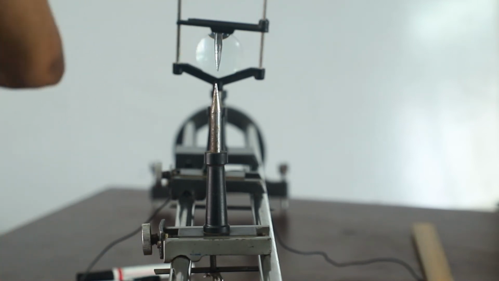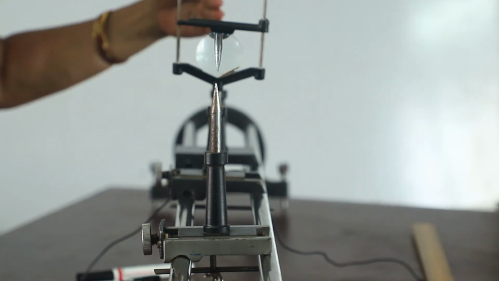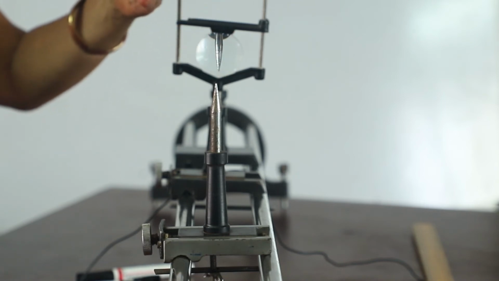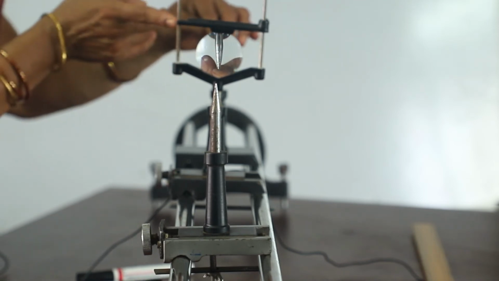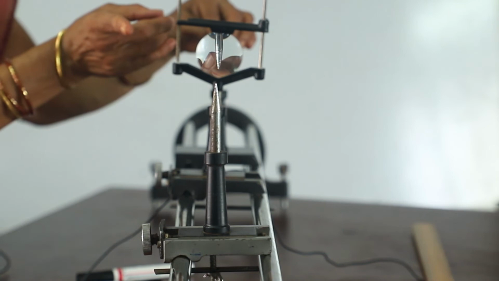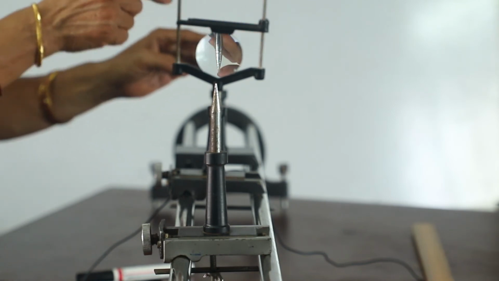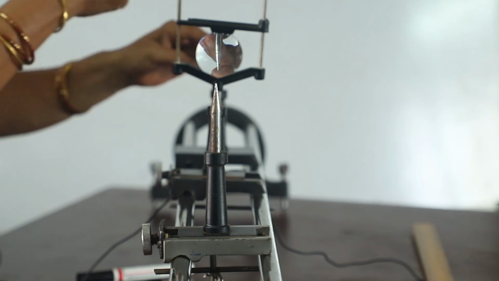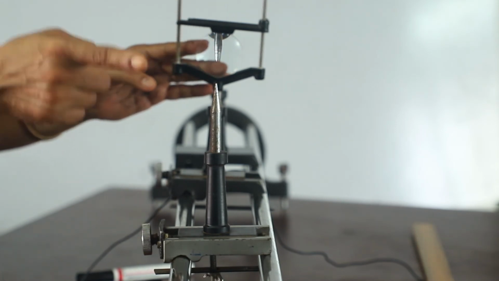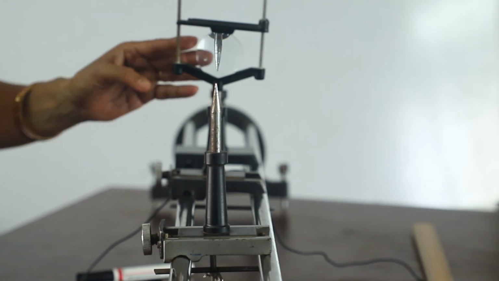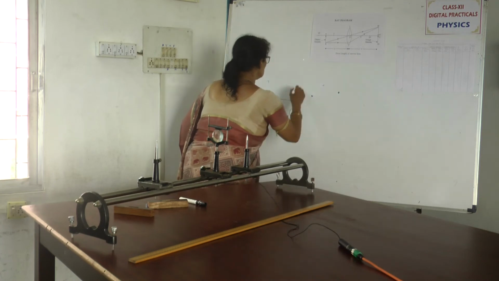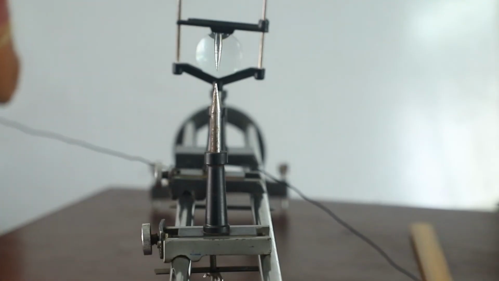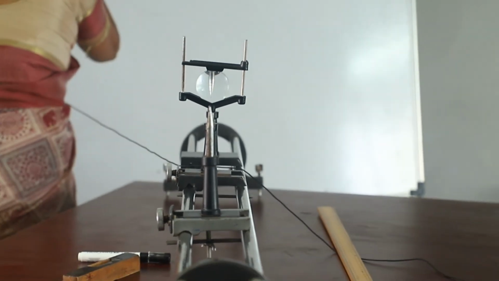And as I have told you in the earlier case, in the mirror case also, the direction of light is always considered to be positive. And this is the object, light passes from the object to the lens. So this direction of my finger is the positive direction, but the distances are always measured from the lens. To the object, so u is negative. From the lens to the image, so v is positive. u is negative, v is positive. That's why the graph is u negative, v positive. The graph will be in the second quadrant.